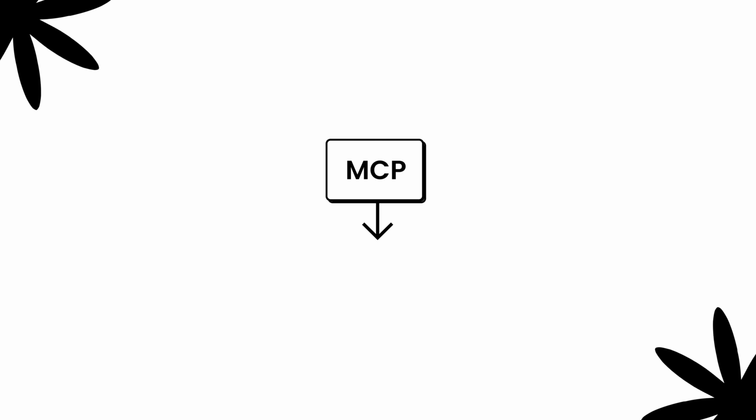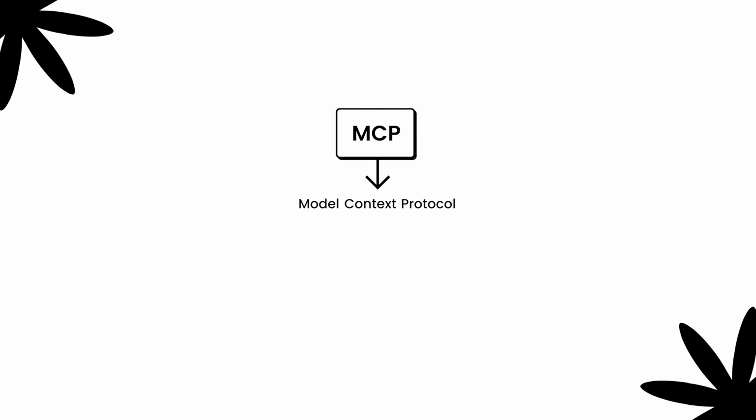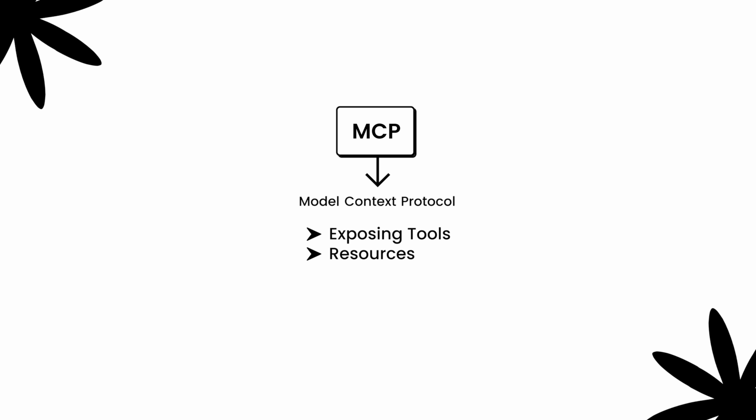Now, a good design pattern is to separate the read tools from your write tools. Start with your read-only capabilities, then add low-risk write tools, then add high-risk write tools only with validation and human approval. Fetching available appointment slots is very different from cancelling an appointment. So you need to understand the risk factor here. This is also where MCP becomes very relevant. MCP, or Model Context Protocol, is one emerging pattern for exposing tools, resources, and context to agents in a standardized manner. But even if you are not using MCP, the system design principle is the same. Tools need contracts, they need permissions, they need boundaries, and they need logs.